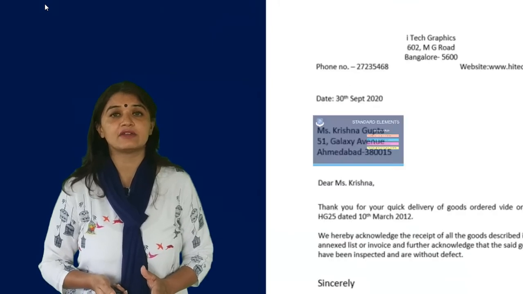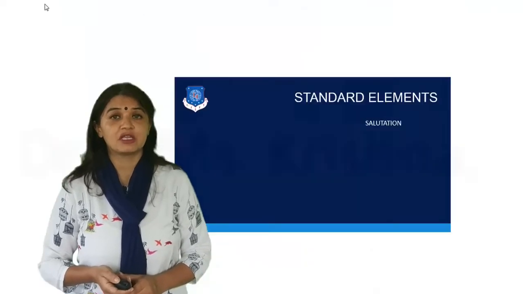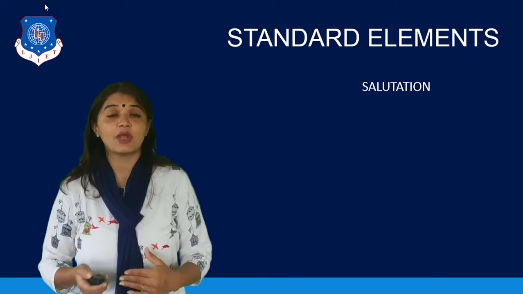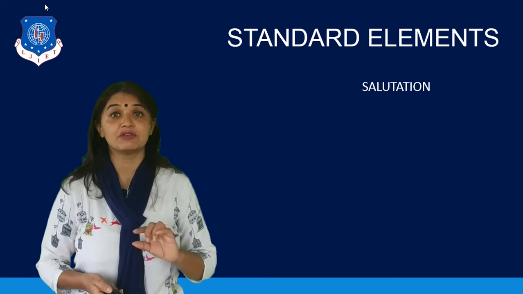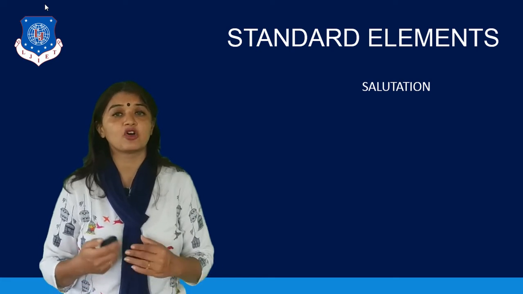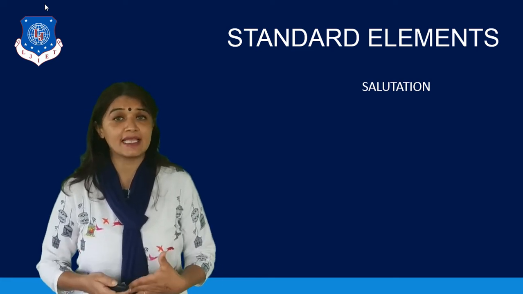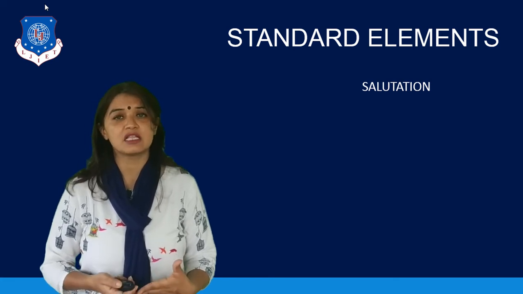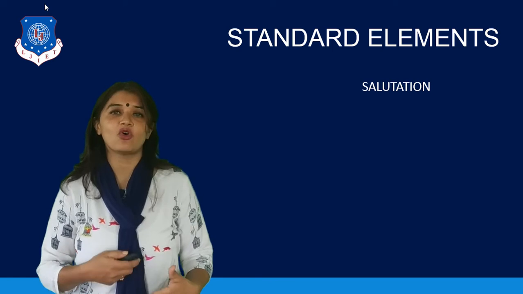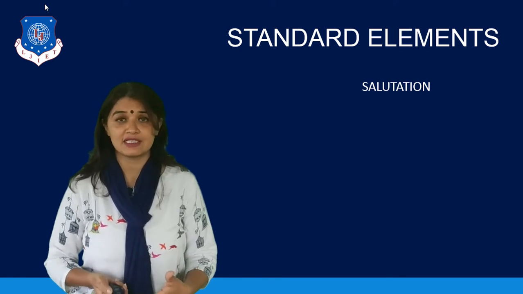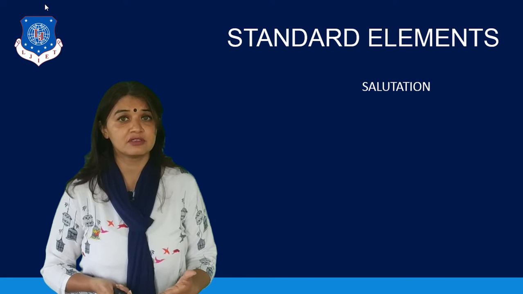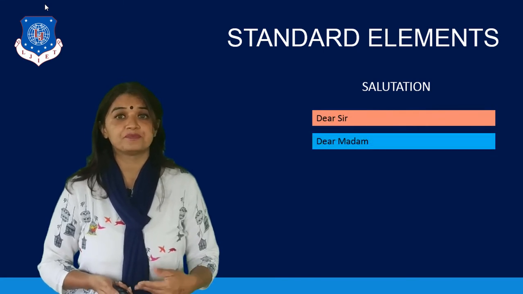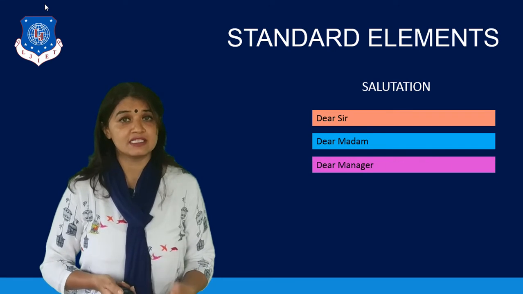Now, after the inside address, we have the salutation. Now, how to write the salutation? First of all, you may have learned in school that writing a salutation formally means writing respected before sir or madam or before the name of the person. But that is not the case in the organizational world. In organizations nowadays, even the word dear is considered to be formal, so it is used in all organizations. So we will be writing a salutation like this. We may write dear sir. We may write dear madam. We may write dear manager if we know the designation of the person.